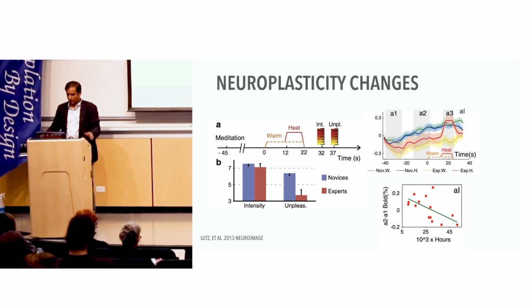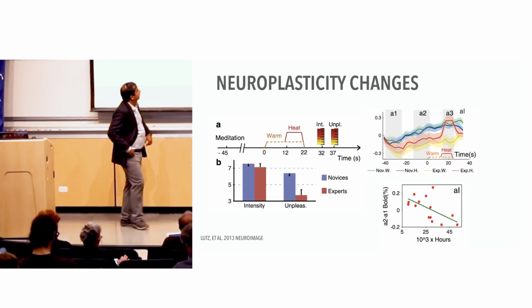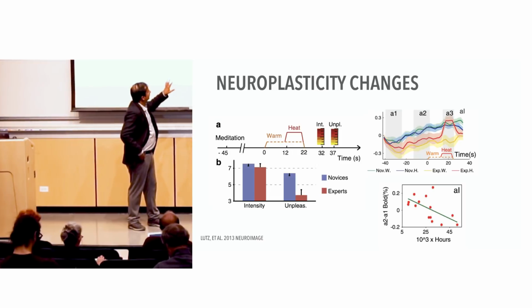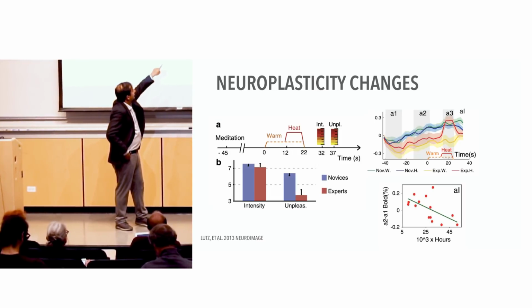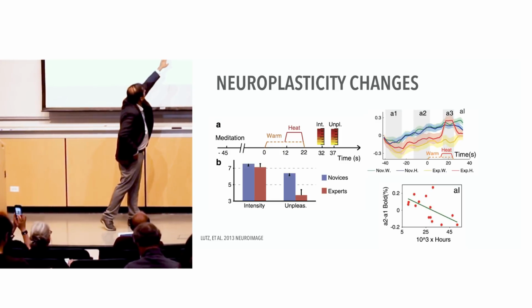Now somebody could say, well, they're probably faking it, who knows? What if we actually look at the brain signals in this case? So this is fMRI data from the anterior insula, and I'm sorry, there are a lot of lines there. But A1 is right after the meditation period, or during the meditation period.